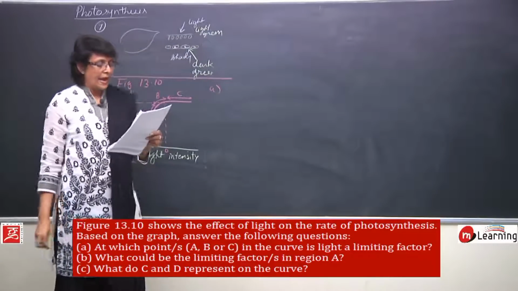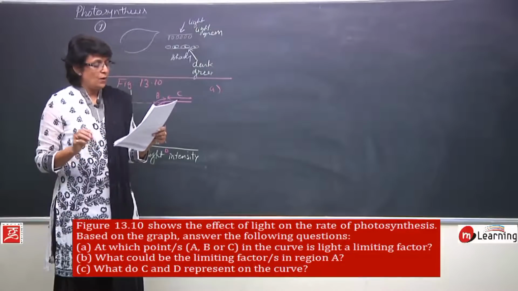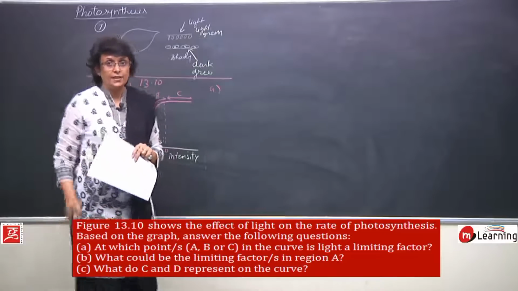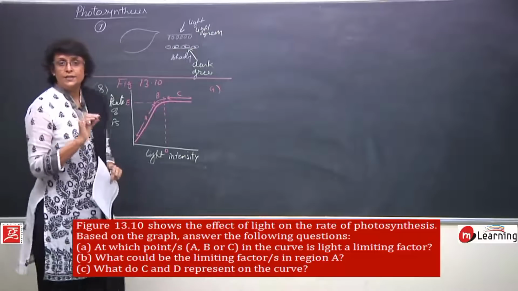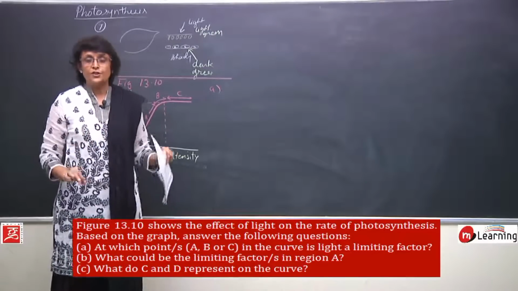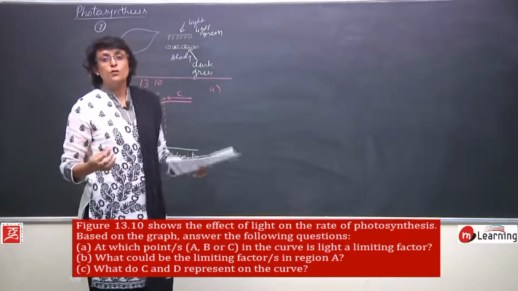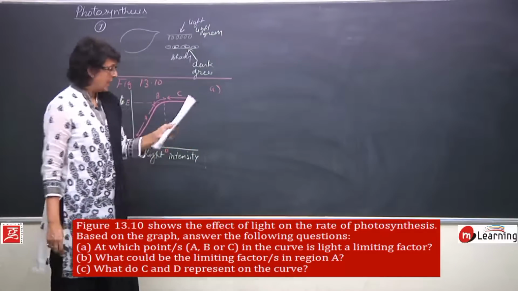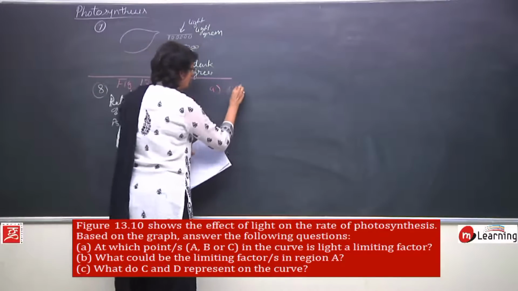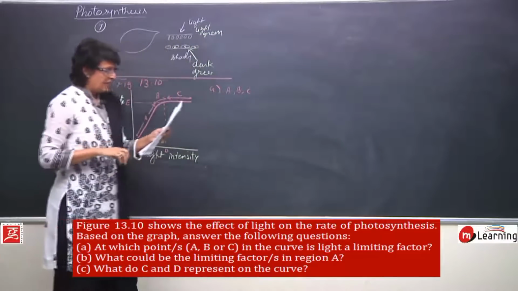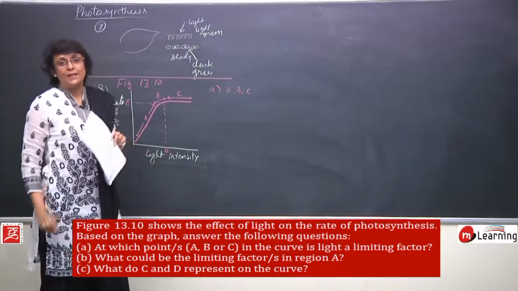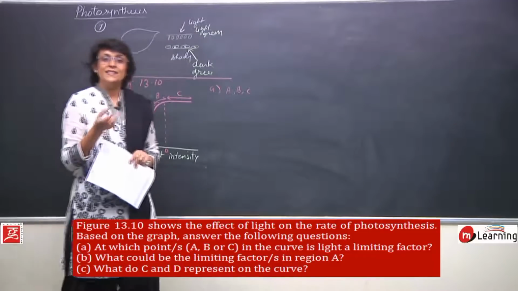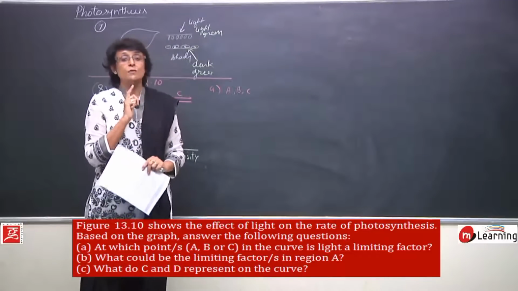A. At which point A, B or C in the curve is light a limiting factor? In this graph, only light is taken into account. So all other factors are presumed to be in plenty. So, at which point A, B or C in the curve is light a limiting factor? We talked about limiting factor. What is a limiting factor? The factor which is available in the least concentration,